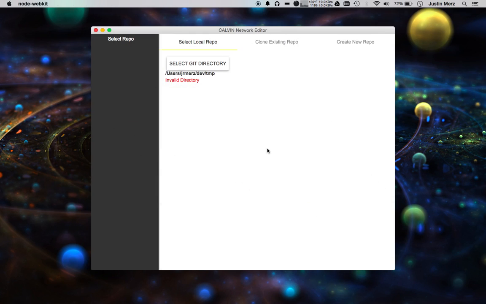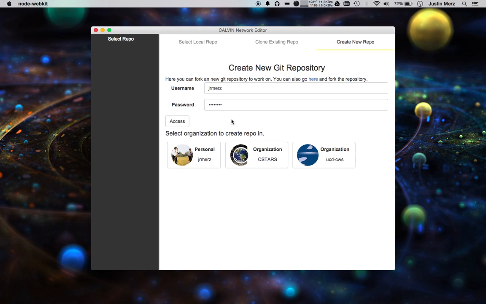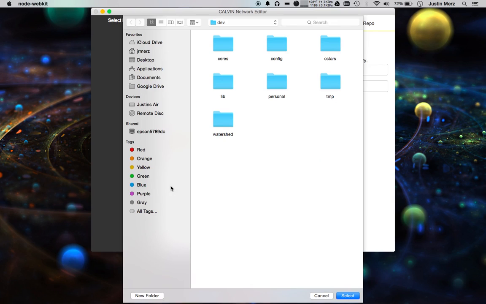So here's the proof of concept app. Basically, this is a native app. It runs on the operating system, and we are going to go ahead and log in. First step is we want to fork the UC Davis repository into my own, and then we're going to pull it on down. So we'll log in with my GitHub credentials, and it will look up what organizations I'm a part of, as well as showing me my personal account, and I will want to clone it, fork it, into my personal account,